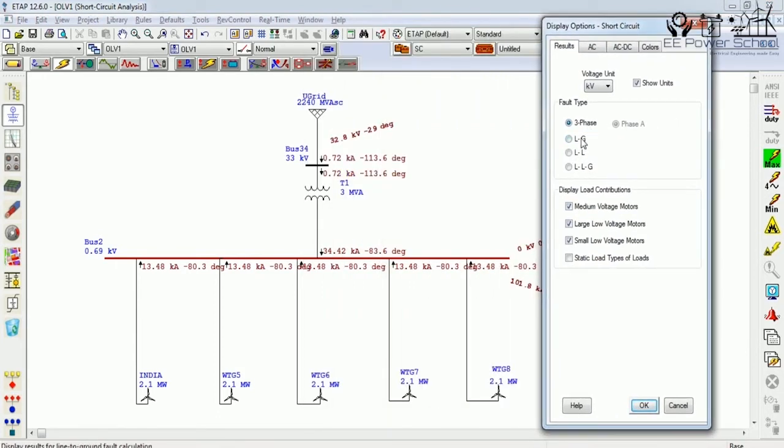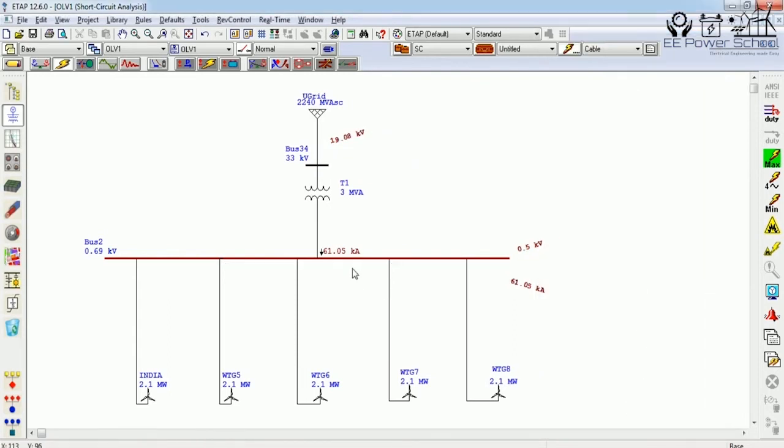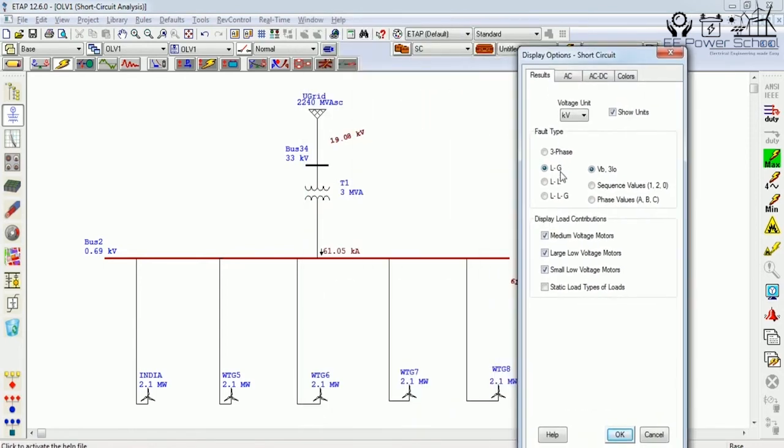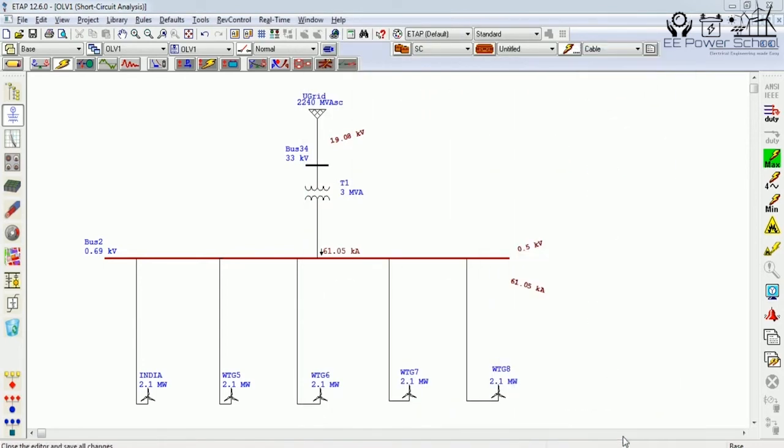I can change it to single line to ground. If I select single line to ground and click OK, it will show me how much single line to ground short circuit current is flowing. Again, if I go to display option and select line to line fault, it is 0, because we haven't considered the other line. It is at the same potential, so the short circuit current will be 0.